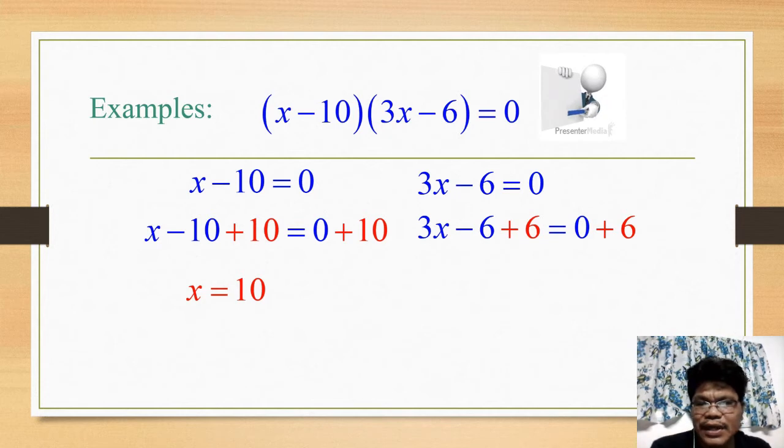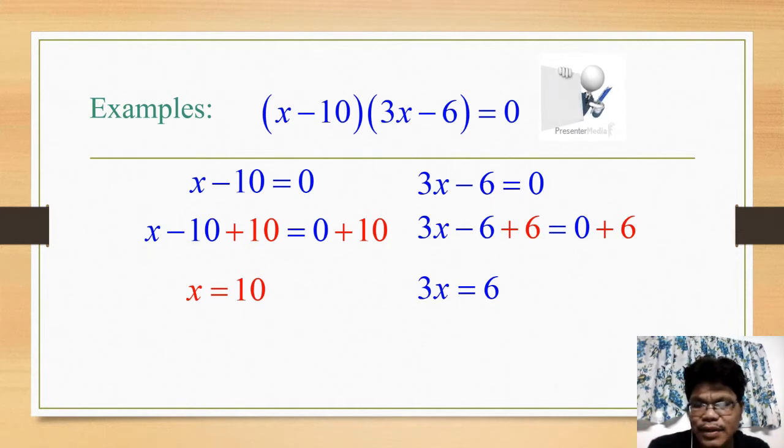Now, in the equation 3x minus 6 equals 0, we apply the addition property. Negative 6 plus 6 becomes 0, and 0 plus 6 equals 6. Now, you may observe we have 3x equals 6. Okay? Now, the value of a is equal to 3, or the coefficient of x equals